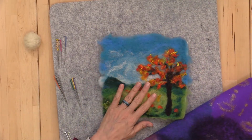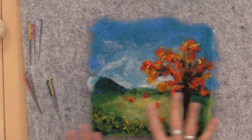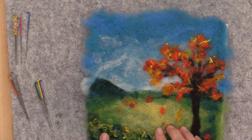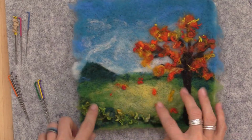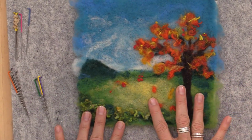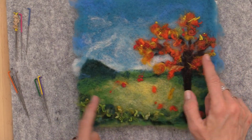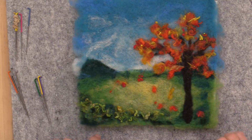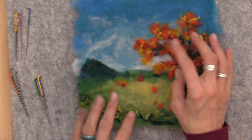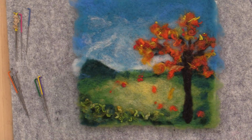If you had wet felted a little base and then you want to create a little picture and attach some, this is like a playful little picture we did a while ago, and we added locks and neps and funky stuff on top. Well, you could use a more medium felting needle for this because we're attaching big globby things to it. So this is on our YouTube channel somewhere, and we did our fiber mishmash where we created all this stuff and added accent. So those are just some examples,